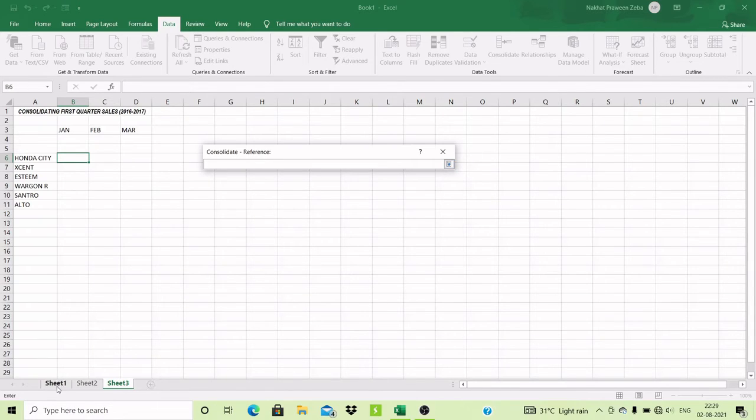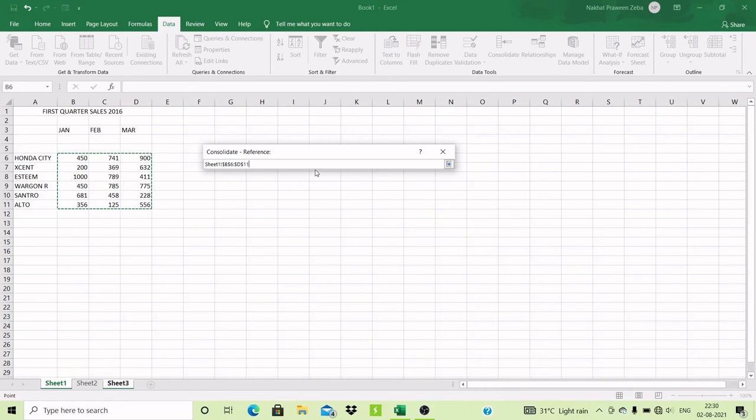Now click on sheet 1. After clicking here, I want to sum this data, so I will select from B6 to D11. I will select this whole data. Just a second. Yes, right now I have selected from B6 to D11.